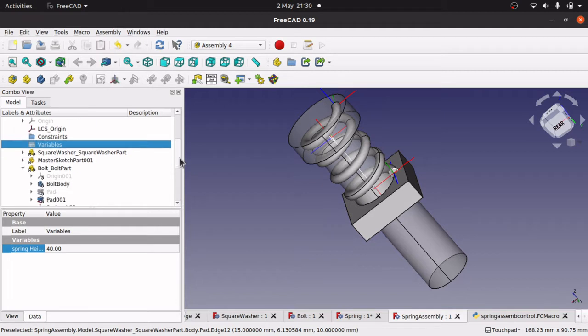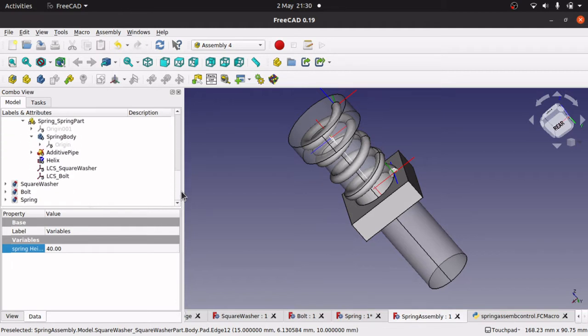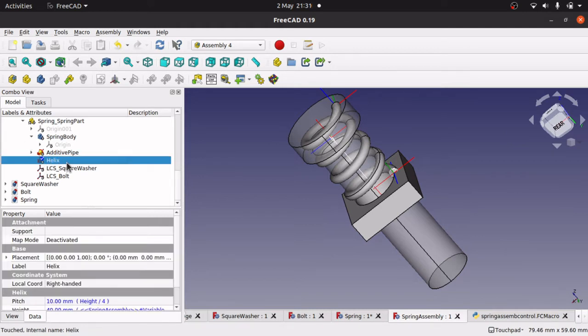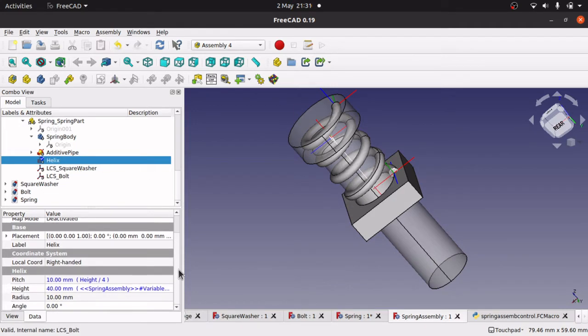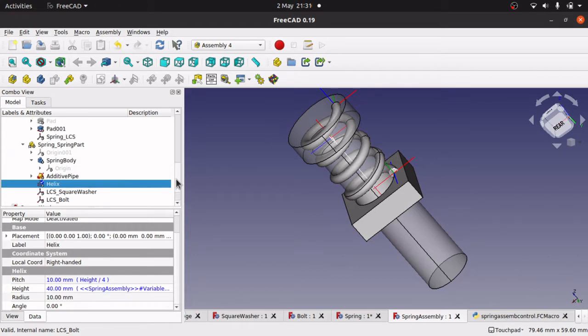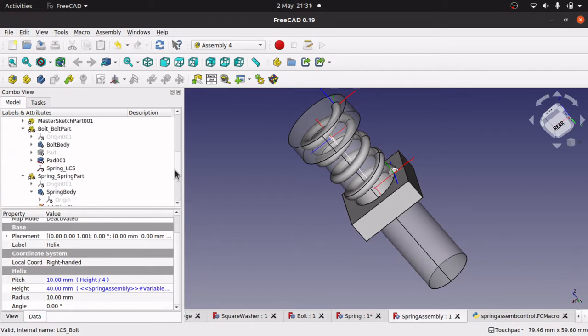Because we're using a variable, I'm going to be using the helix of our spring. Remember we added the helix in and added the adaptive pipe, and I'm going to be changing the height of this helix. And the way I change the height of the helix is attach it to a variable that's in the spring assembly. When we import items into an assembly,